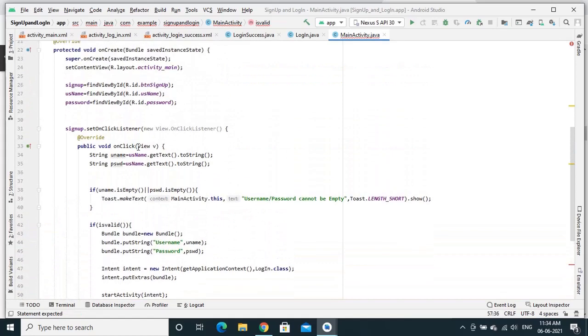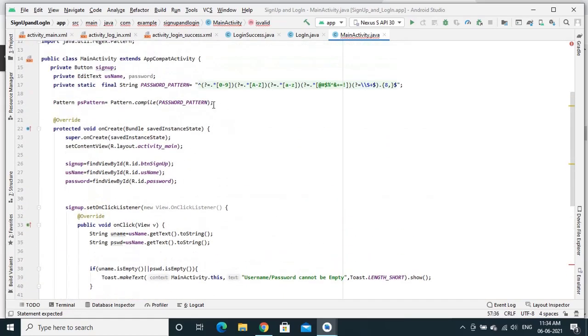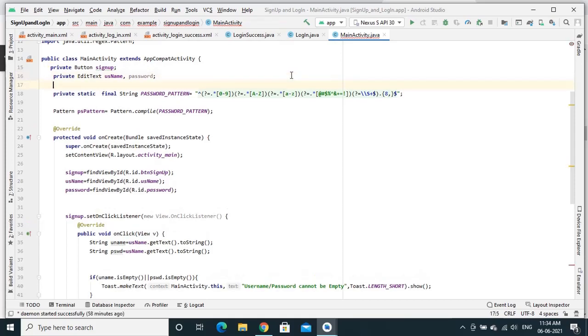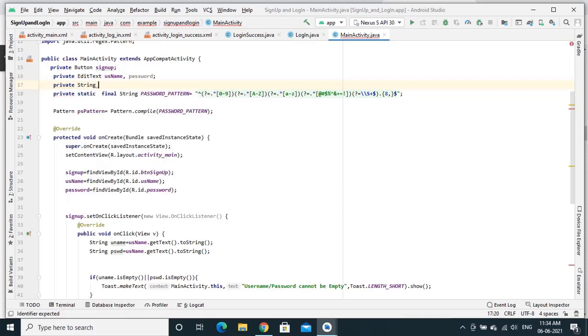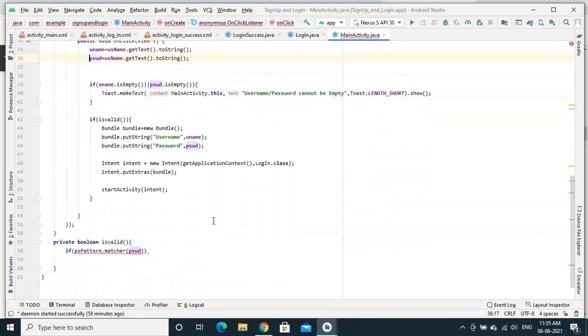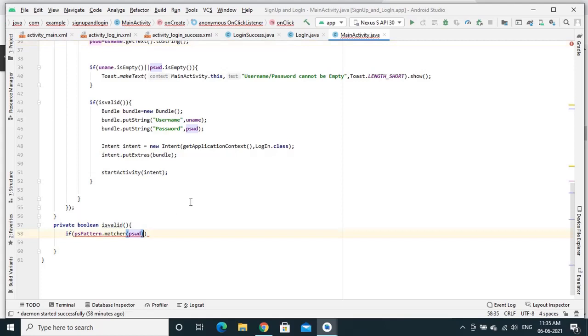I will declare these two things outside the bundle so that I can use it. Private string uname as well as PSWD.